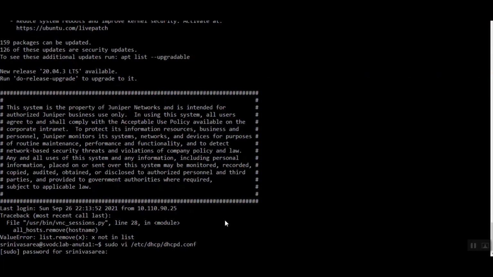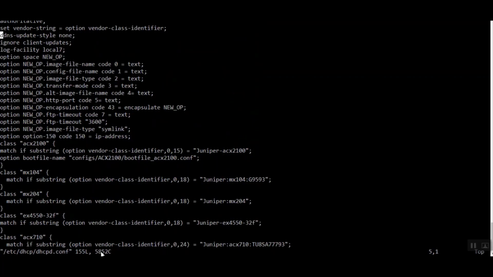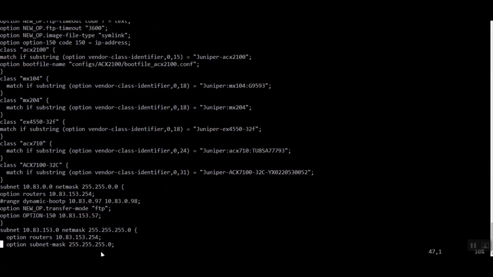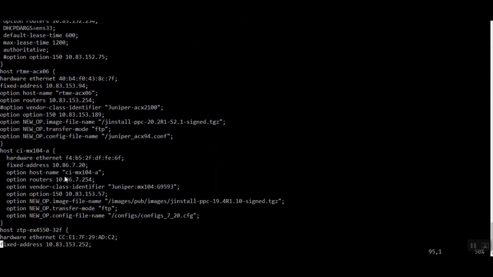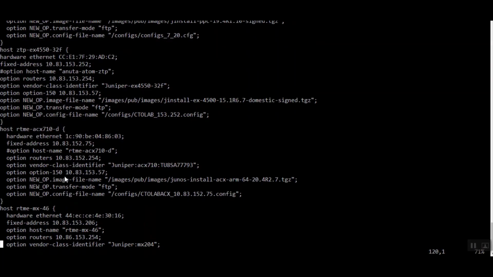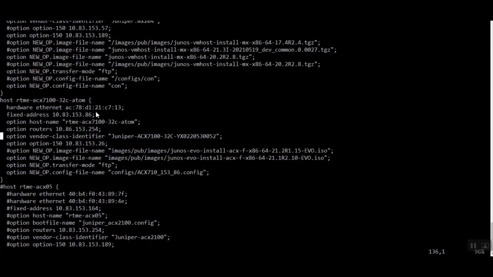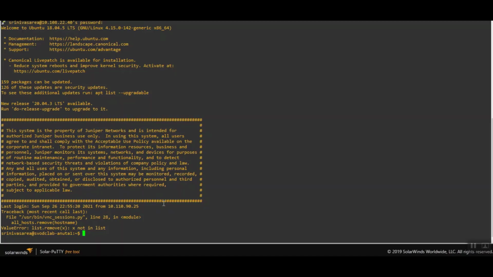Now we will look into the dhcp.conf file, which is present in the external DHCP server. Here you can see some lines already present for ZTP. For ACX 7100, we created a separate class which will run only for Juniper ACX 7100 32 series devices. After setting up the DHCP related parameters, we can come down and see the host related ZTP configuration for ACX 7100. Here you can see we added the lines for hardware model and gateway address with the Atom agent IP for config and image upload on ACX 7100.